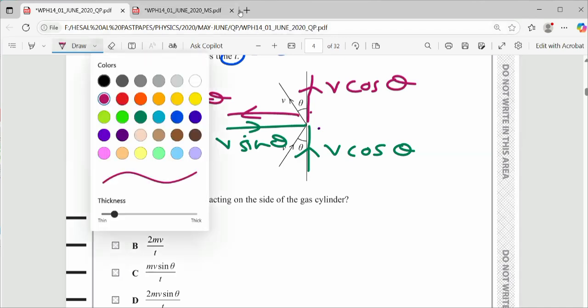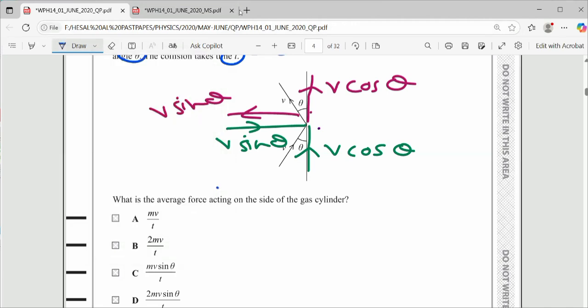So, if I consider the parallel direction and the perpendicular direction, we can see this one acts in this direction, this is to this direction. But what about the parallel direction? It stays the same because the ball doesn't push sideways. So we can use it for the perpendicular direction. There is a change. How do you find the change? By subtracting initial from final.